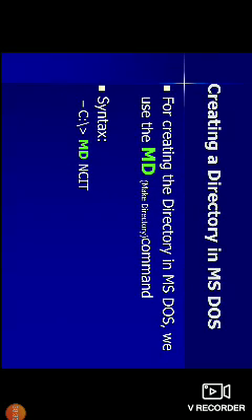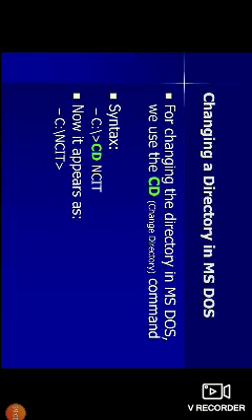Next one is the md command. md is used to create a directory. The syntax is md space directory name. A directory is what we call a folder in Windows. In DOS we call it a directory; in the Windows operating system we call it a folder.